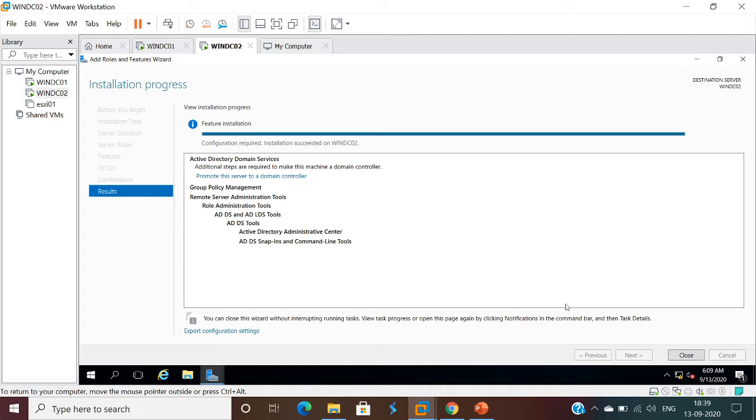We can see now the Active Directory Domain Services role has been installed successfully.